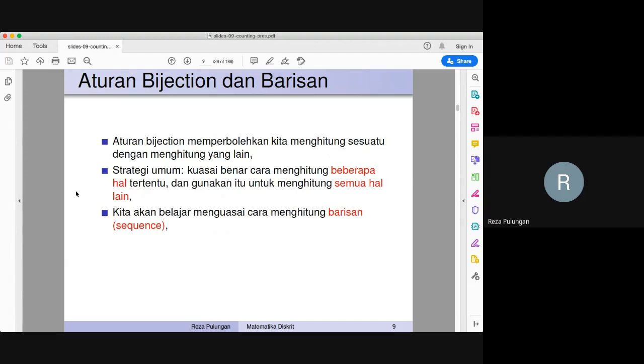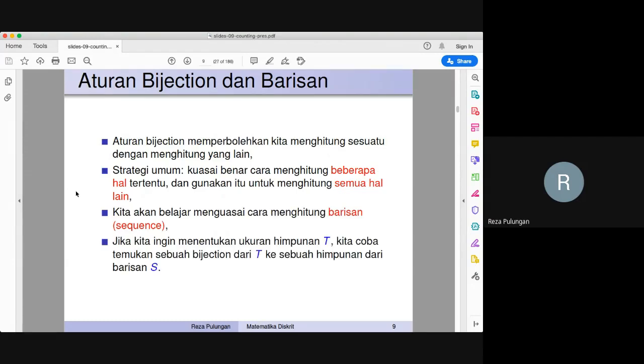Now, if you are given a particular counting problem, all you need to do is think about how to convert this problem to a sequence. And then once you have the sequence, you have the arsenal, the tool to manipulate it. So then you can solve this easily.